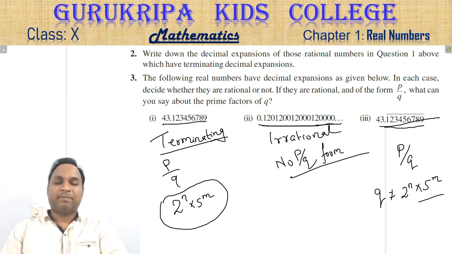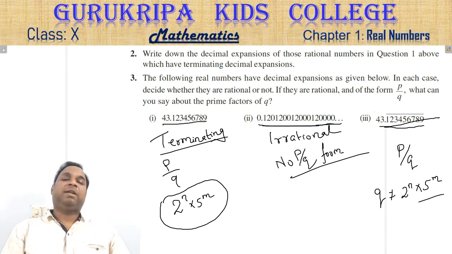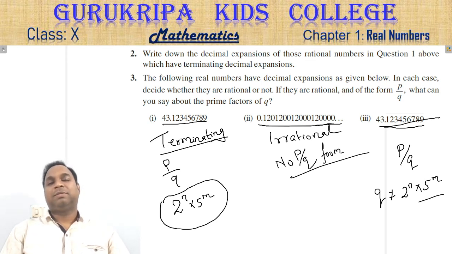Okay. So now we have reached the end of chapter 1 from the NCERT textbook. We have solved all the questions that were given in the NCERT book. Now it is your duty to solve the questions from any other textbook that you have. You should be able to solve all the questions now. There is nothing untouched in the chapter. If there is something untouched, that's not in the syllabus. As simple as that. Whatever is there in the syllabus has been covered in the video.